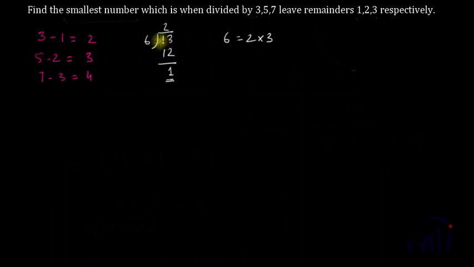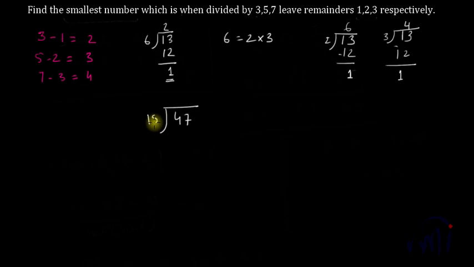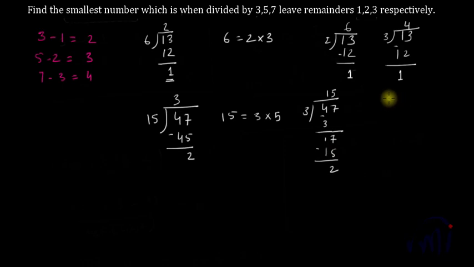The thing is, if I divide this 13 by 6, I get remainder 1. At the same time, if I divide this 13 by any of these two factors, each time I get remainder as 1 only. Or for example, if I take another number, let me take 47. If I divide it by 15, 15 3s are 45, and if I subtract, I get remainder as 2. The factors of 15 over here are 3 and 5, and if I divide this 47 by either 3